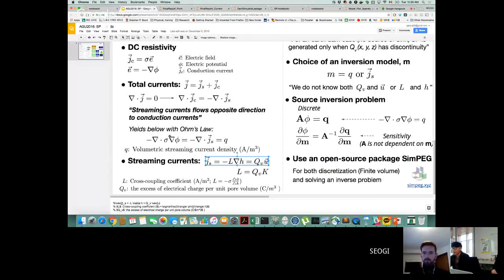So now you need to know what streaming currents are. We define streaming currents like this. It's a different constitutive relationship. Here L is the key parameter, which is called the cross-coupling coefficient. It's actually how much electrical potential is generated due to the hydraulic head difference, so it's delta phi divided by delta H, and then it's proportional to sigma. There are a couple of different ways you can define that, like hydraulic head or hydraulic velocity. Different people use different terminologies, but at the end of the day that's basically the same equation